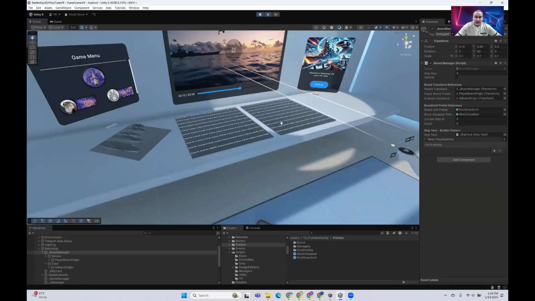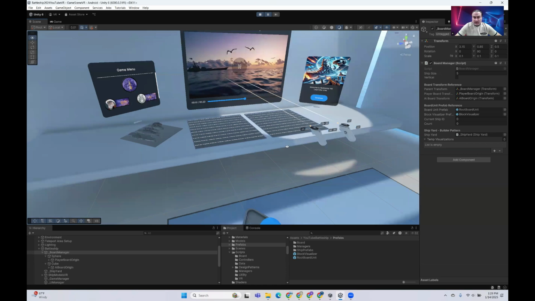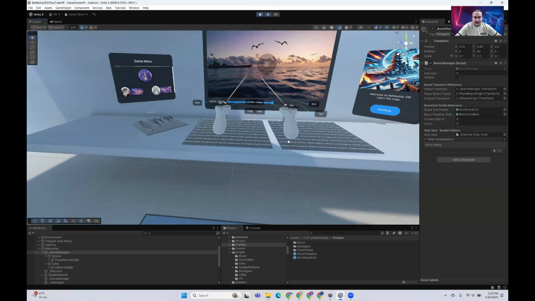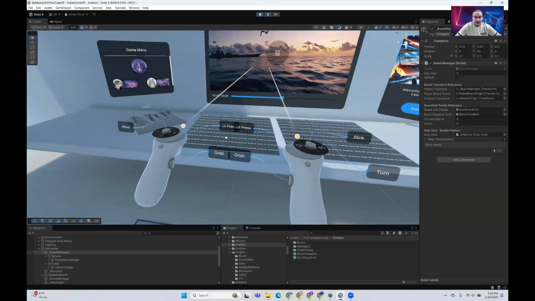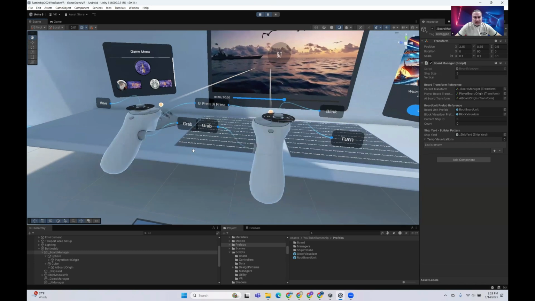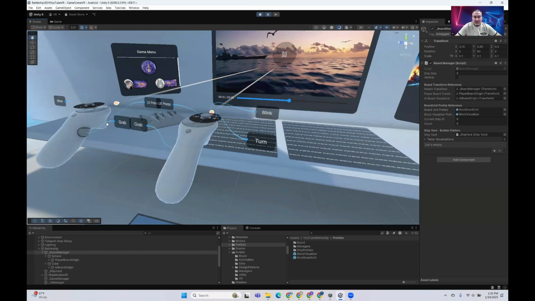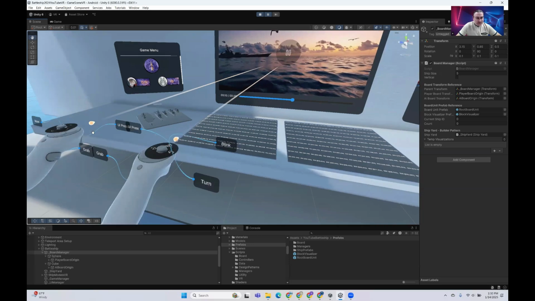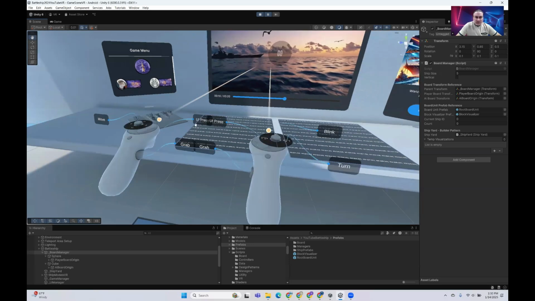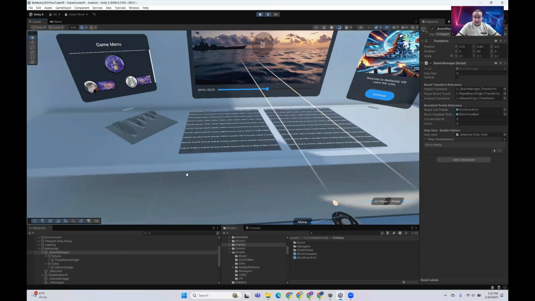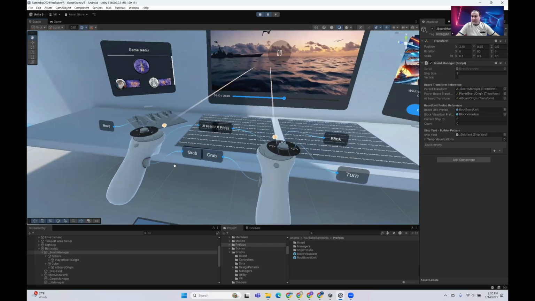Next is our input system, and our input system is basically the controllers that you see. By default, all of these keys have already been mapped to specific controller buttons. So we are going to be utilizing the grab to grab objects, and we are going to use the trigger, which is the UI press over here. We have tooltips also associated with the actual button types. Those two will be the primary ways that we are going to be interacting with the UI components and also with the actual interactables